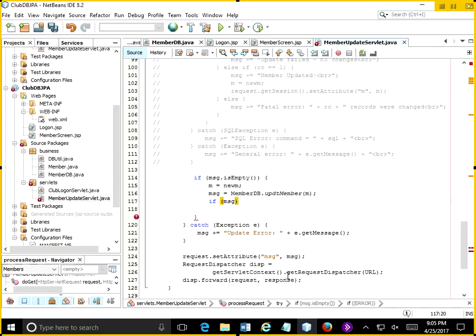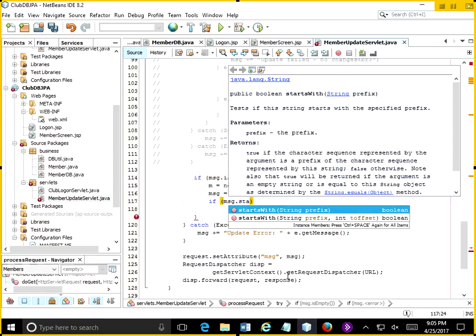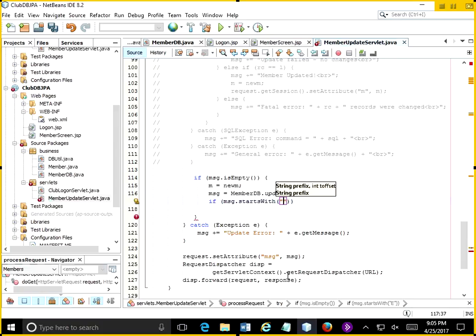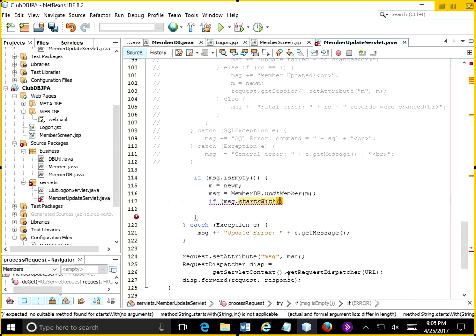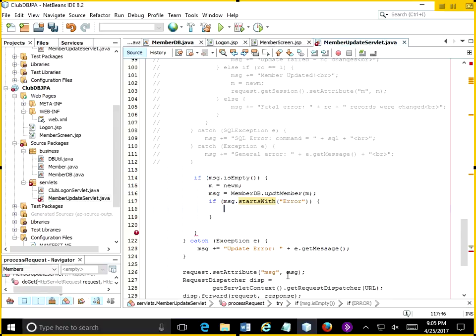So if message starts with, in fact we could do starts with, let's see, I guess just error. We know it's coming back as error. Starts with error. Then update failed